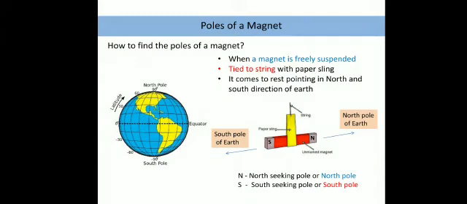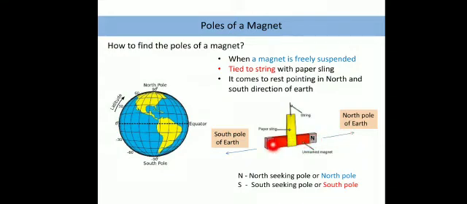There are many ways to find the north pole and south pole of a magnet. According to the CBSE textbook, this is one method which is widely used. If we don't know where the north pole and south pole of a magnet are, we should definitely know in which direction the north pole and south pole of the earth are, otherwise you will get confused. Fine. So the edge of a magnet which is pointing towards the north pole is known as the north pole of a magnet,